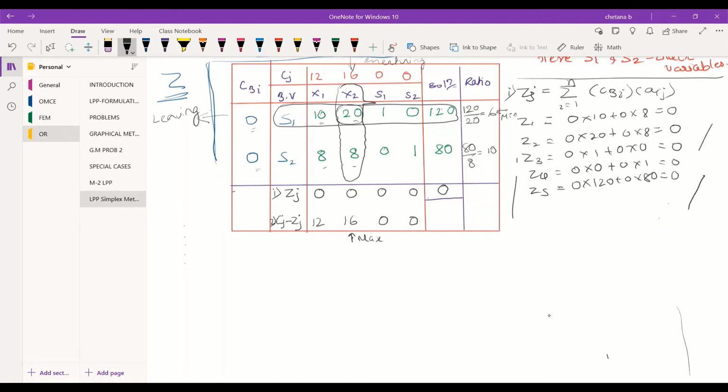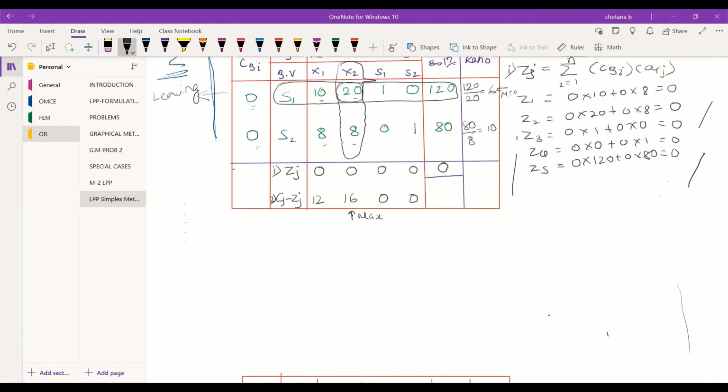So this row where you have the key value, that is 20, wherever you have the intersection of the row and the column, there you get the key value. That key value should be divided for that particular row. Okay, so for entering variable x2, this row is written by dividing by the key value, which is 20. So 10 by 20, 20 by 20, 1 by 20, 0 by 20. And for this S2, you need to write all new values. Now, how to write the new value, what is the formula, we will take up that.